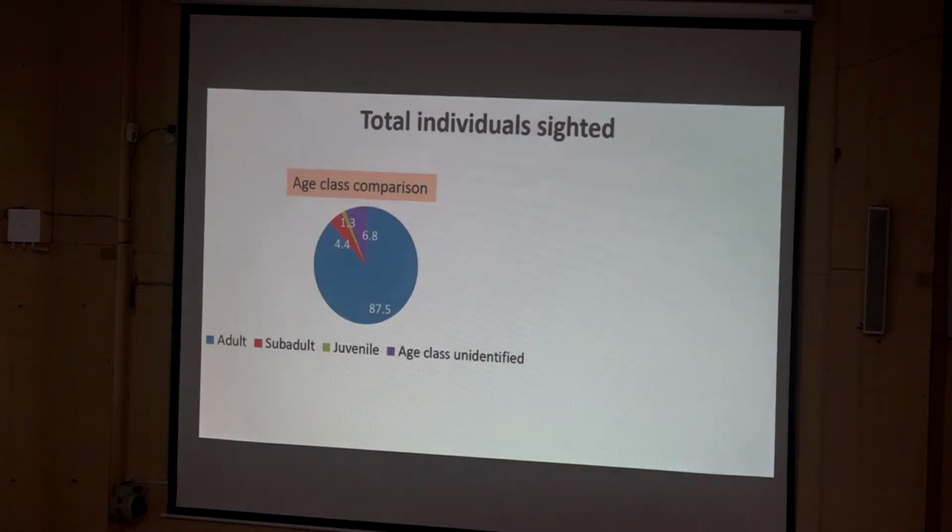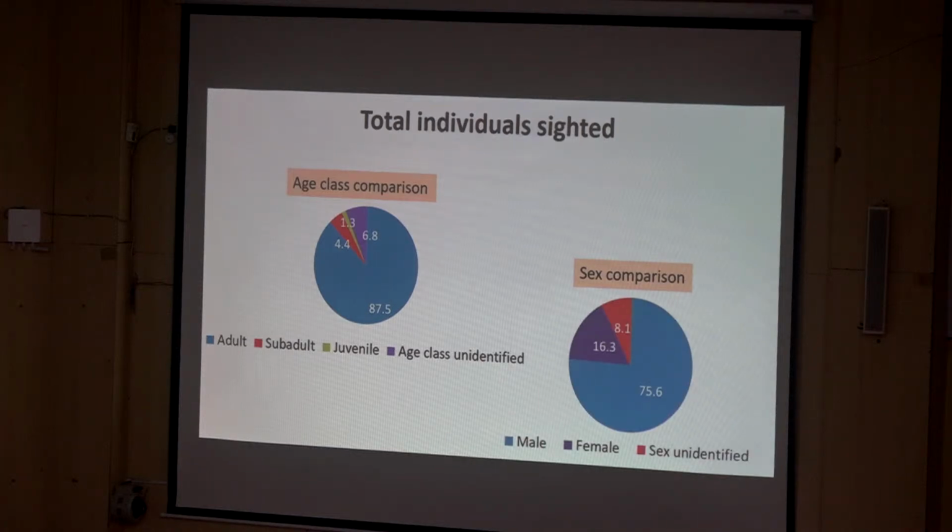In total we sighted 160 individuals, and out of that 87.5% were adults, 4.4% sub-adults, and 1.3% juveniles. For 6.8% of individuals, we could not identify the age class. The study was conducted during the rainy season of this lizard. Maybe that is one of the reasons for the large sightings of adults. We also noted the sex, and we found that out of 160 individuals,